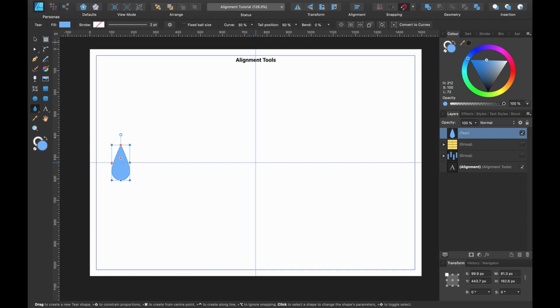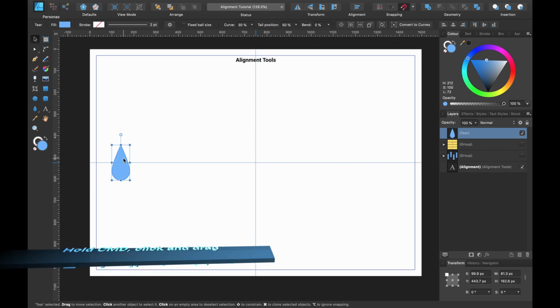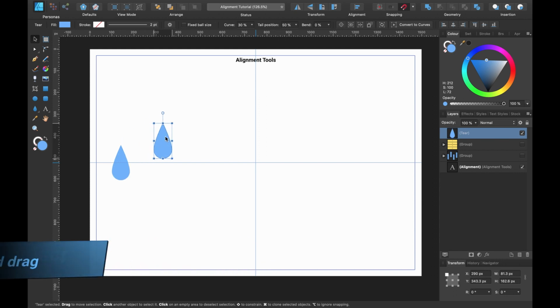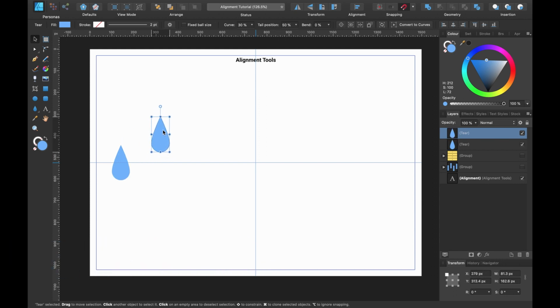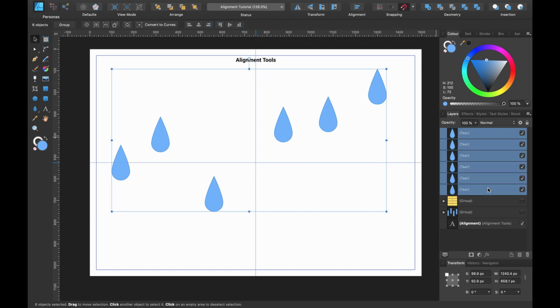And I'm going to select the move tool. So I'll press V, which is the shortcut. And I'm going to hold down Command, and I'm going to click and drag to create a duplicate. So I'm going to keep doing that across the page. Okay, I think that's enough. Head on over to the Layers panel and select all of them. Head up to the alignment,